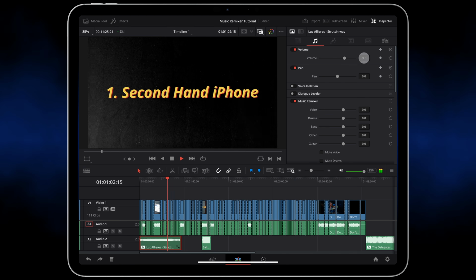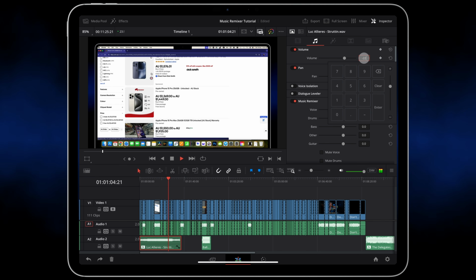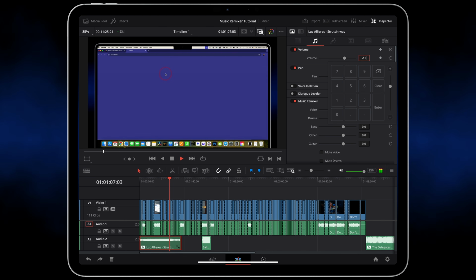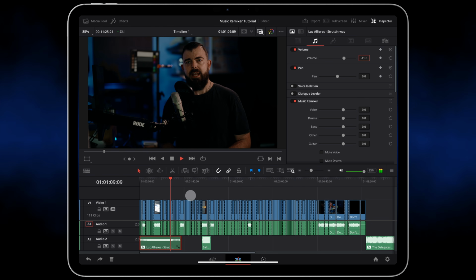First, I'd buy a second-hand 256GB iPhone 15 Pro on eBay for around 1,369 AUD. In my opinion, this is the only iPhone you need for, and